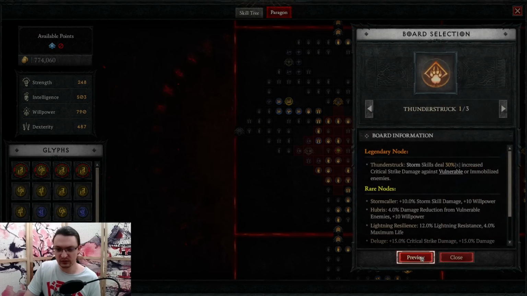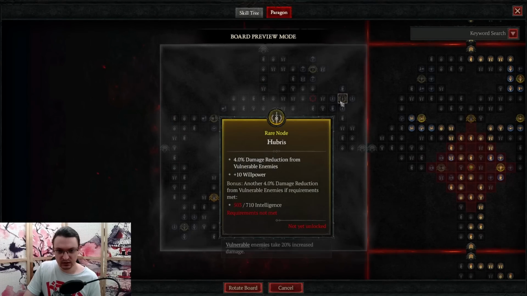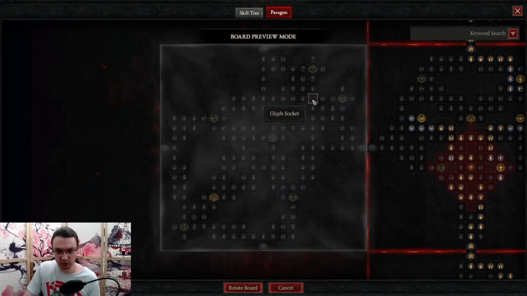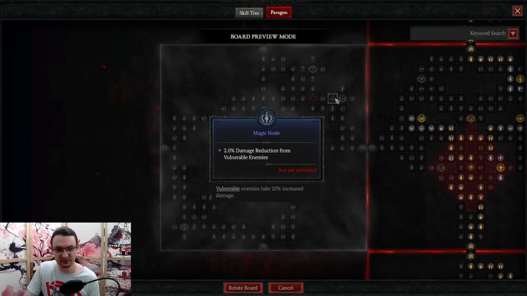And for the last board, with the last points, we're going to path to this side. This will give us access to Thunderstruck. We want to attach this one at this side, with the Hubris node facing north. We path to this one, get the glyph slot, and get Earth and Sky. Earth and Sky will affect the magic nodes here and give us a bonus to them,